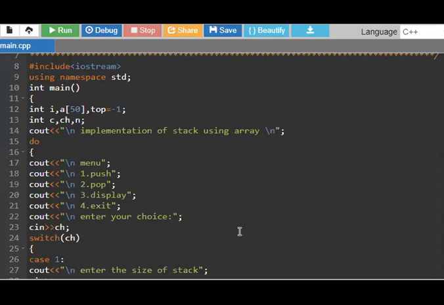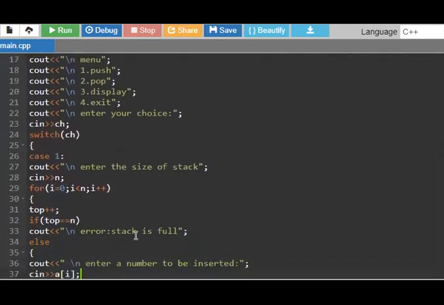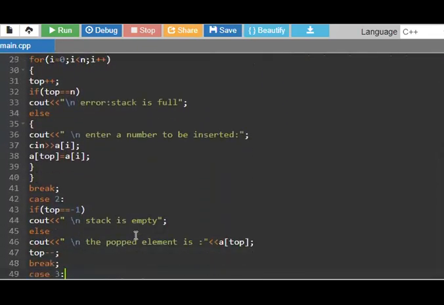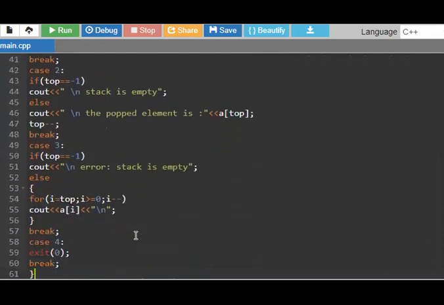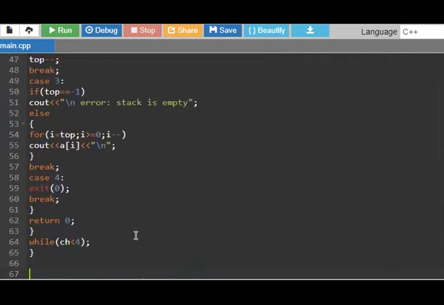This program can be compiled online. The same program is displayed here to compile and run.